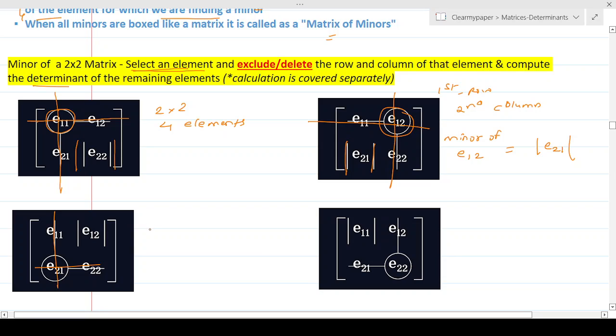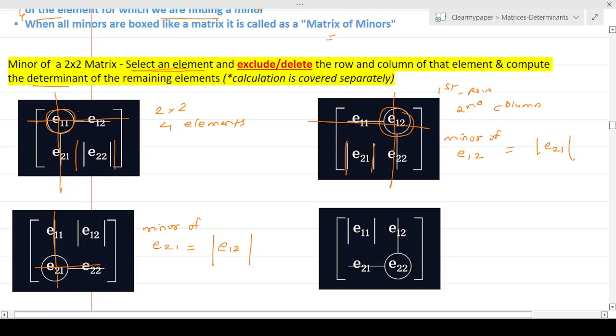So the minor of element E21, which I'm deleting in my head, is nothing but the determinant of the remaining elements. There's only one element remaining, that is E12, and so on and so forth. That's called a minor of a 2 by 2 matrix.